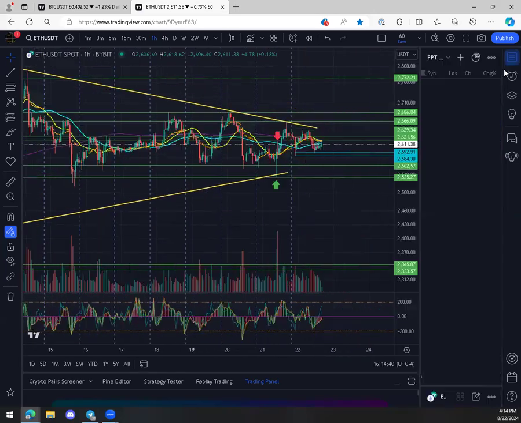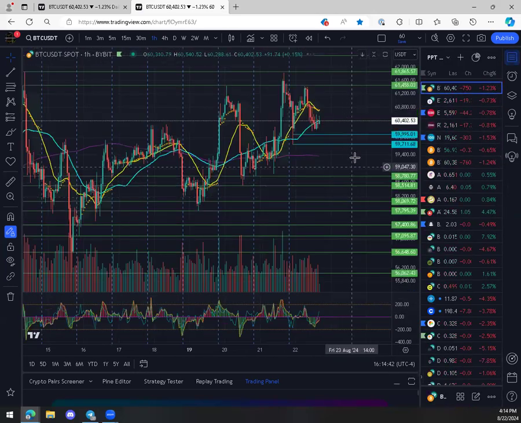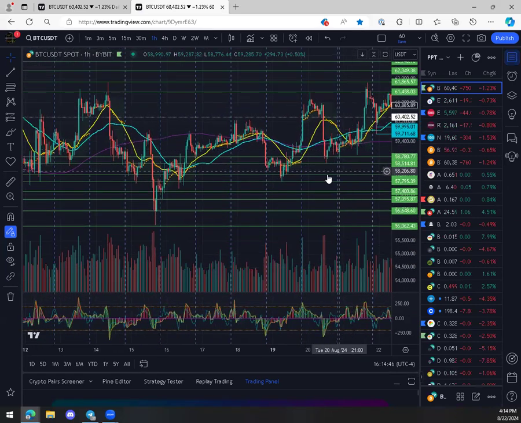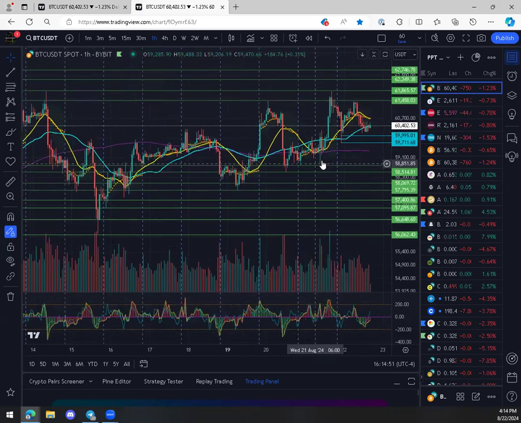Okay, so that's Ethereum. I'm also trading Bitcoin at the same time because they kind of do the same thing and they can kind of tell each other. Yeah, Bitcoin made a nice double bottom too at the same time here. And then I had a zone below it, which was just yesterday's low.